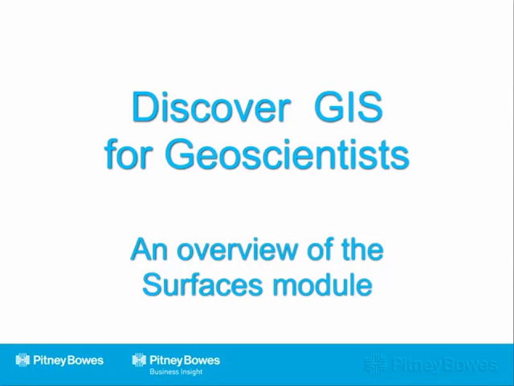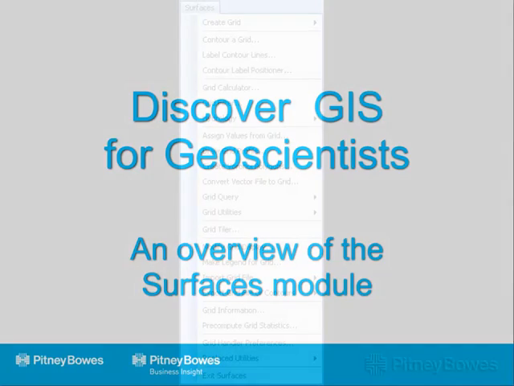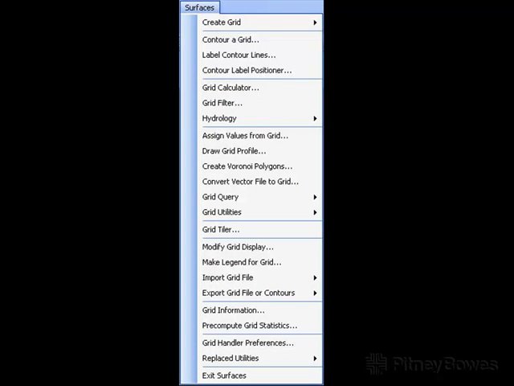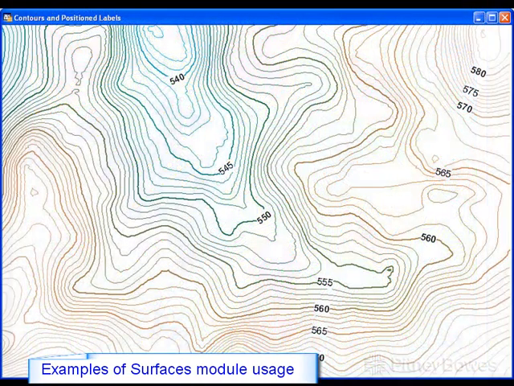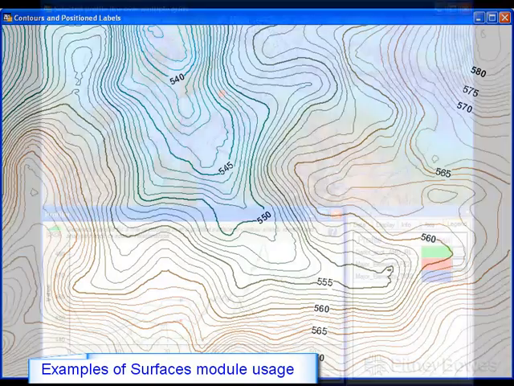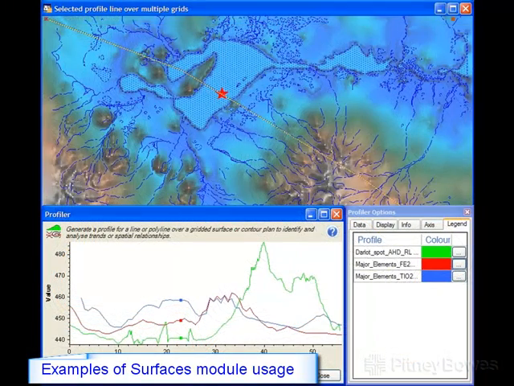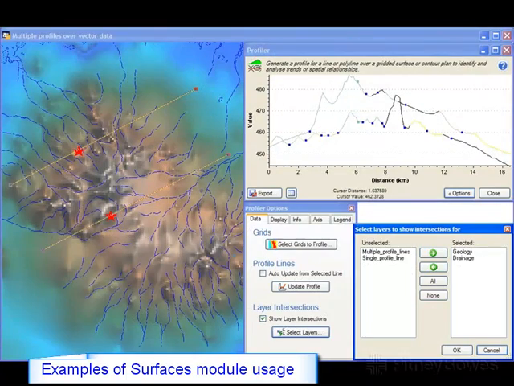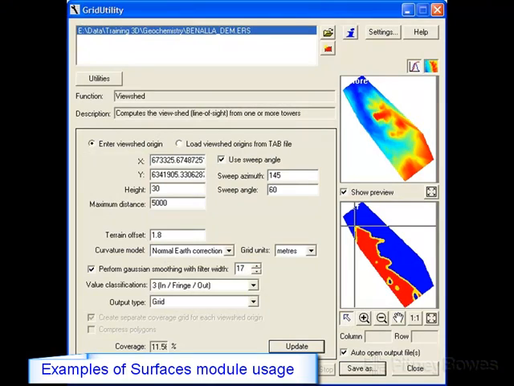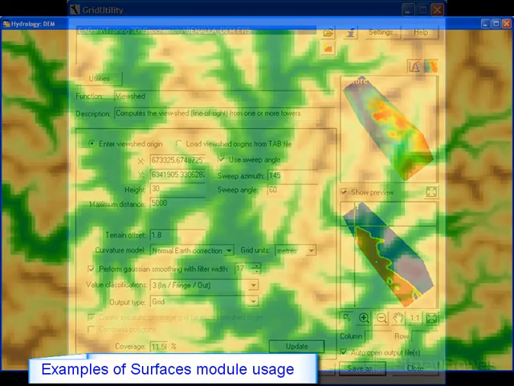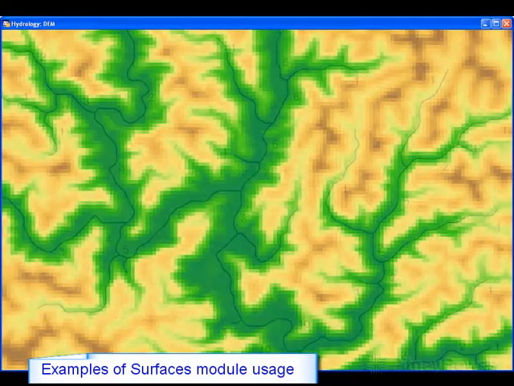Discover's Surfaces module provides a powerful range of functionality for gridded surface creation, import, analysis and manipulation. Some of the many uses for this module include interpolating and identifying anomalous regions in surface geochemical sampling programs and geophysical surveys, producing professional topographic contours for map production, profile or sectional analysis, examining the line of sight between radio transmission towers and receivers, and hydrological stream and catchment analysis and slope area